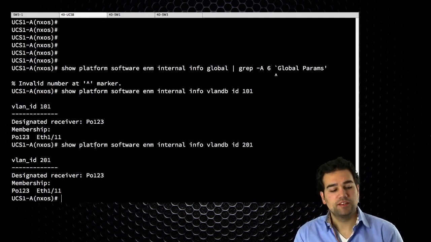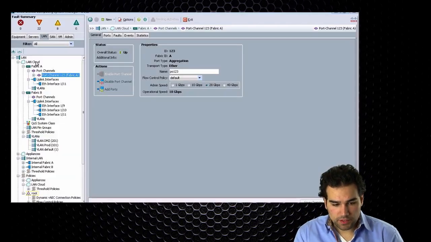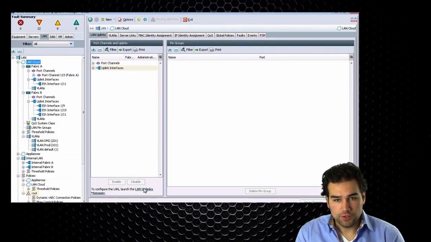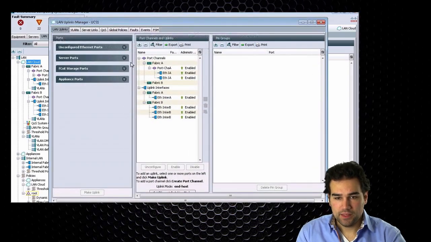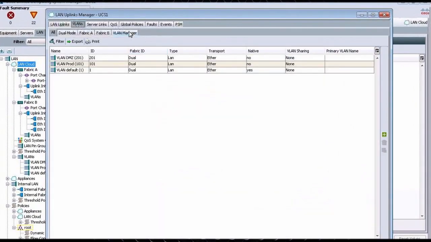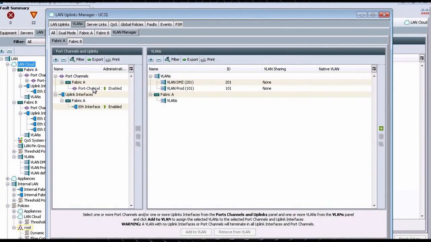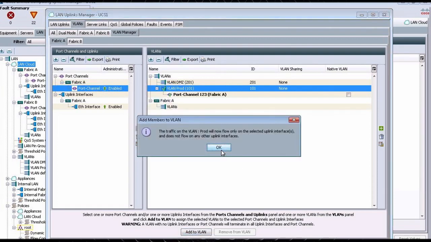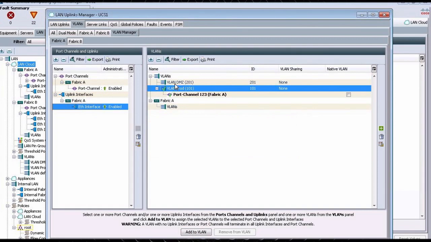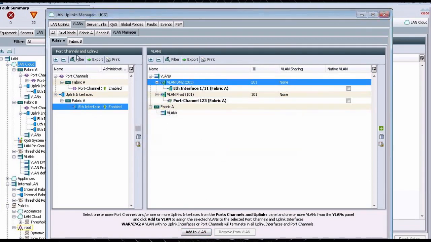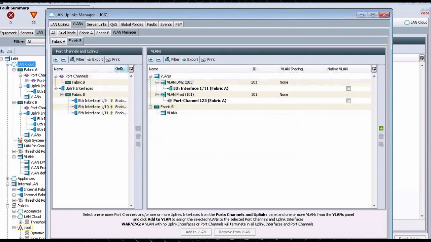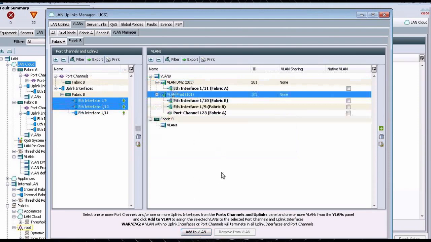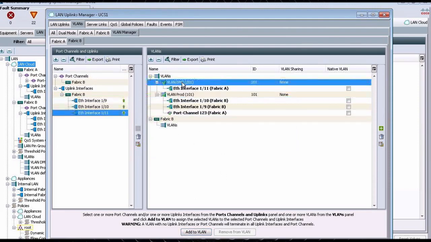Now, if I start configuring my Disjoint Layer 2 stuff, like we did yesterday, go to the LAN cloud, go to the uplinks manager, and go to the VLAN section, VLAN manager. Now, I will say the port channel on Fabric A is for the production VLAN, and the Ethernet interface is for the DMZ VLAN. I'm going to do the same on Fabric B. So here interfaces Ethernet 1/9 and 10 are mapped to the production VLAN, and interface Ethernet 1/11 maps to the DMZ VLAN. We apply it,